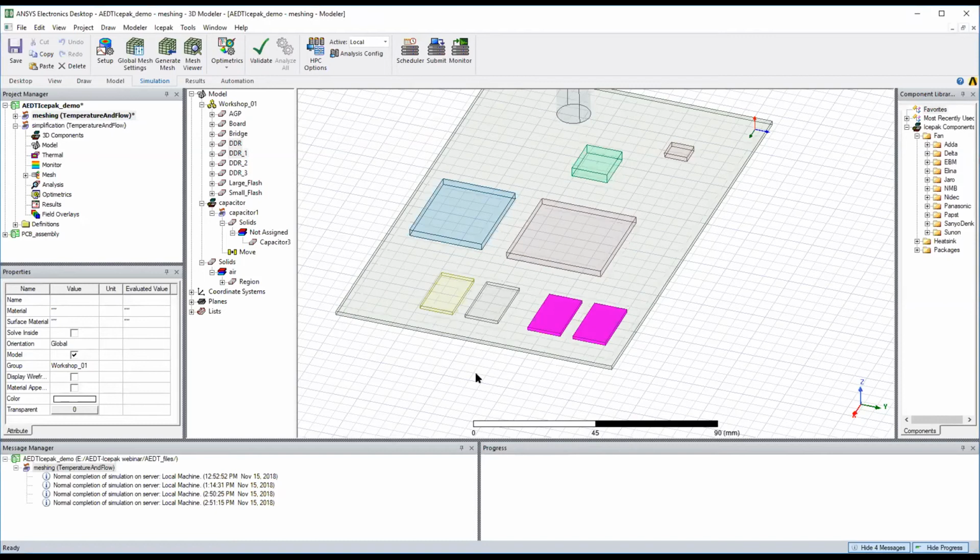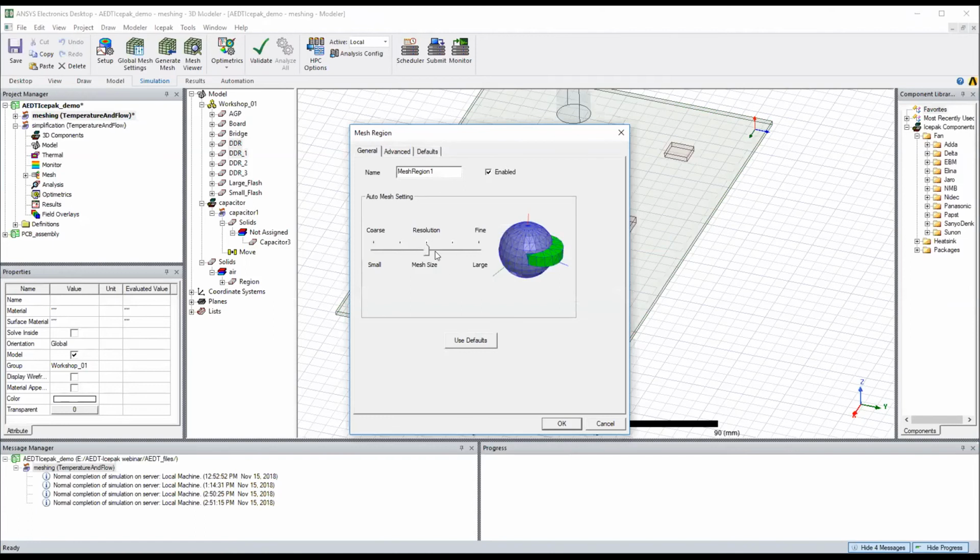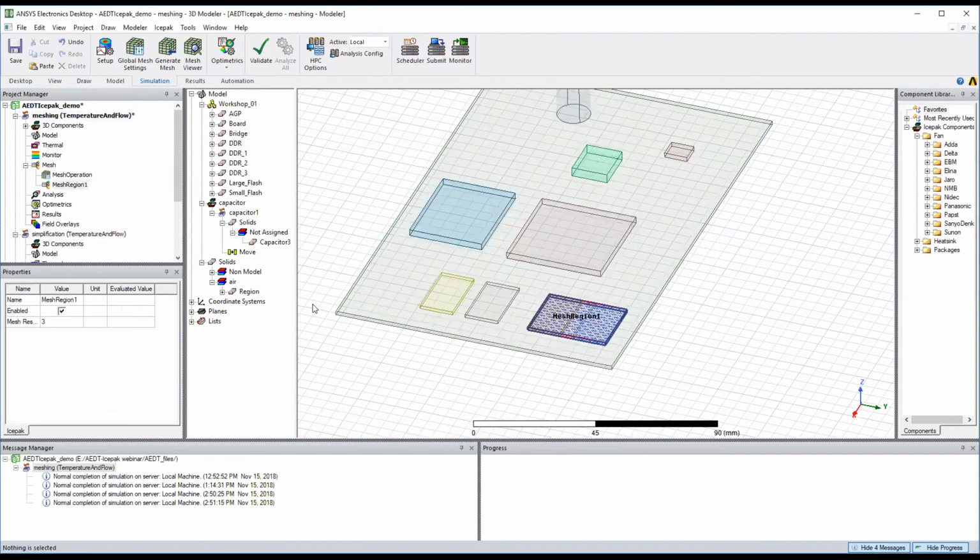But once I assign that mesh region, I closed my window without actually assigning the region, and I want to say it has a mesh setting of 3. I say OK, and then what happens, you see in the project manager,